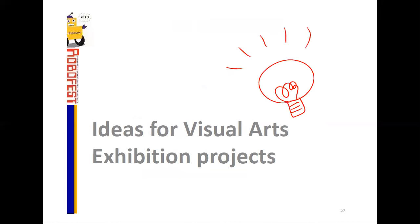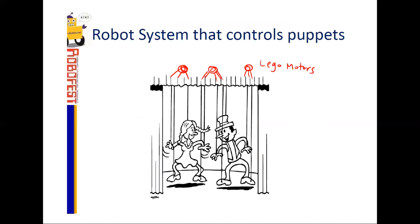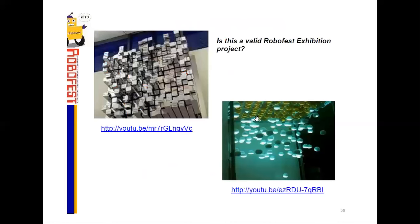Next, I would also like to talk about the visual arts aspect of exhibition projects. You could have a robotic system that controls puppets, for example. Then I'd like to share with you something that's a visual project, and the question to keep in mind is, is this a valid Robofest exhibition project? So let's see if we can